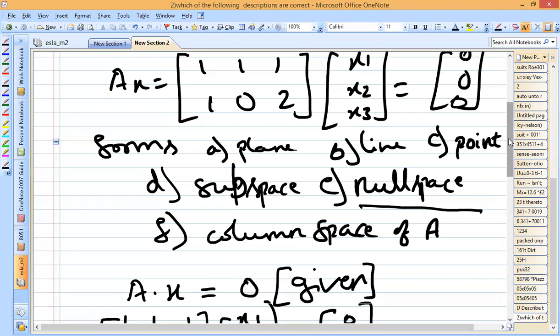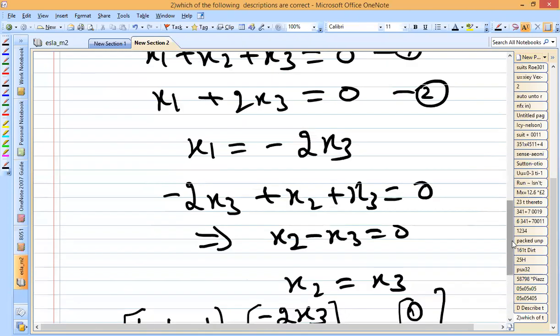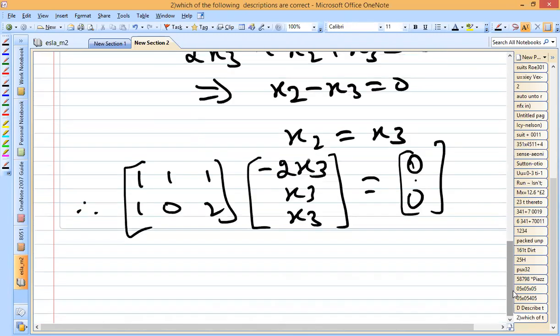So one equation is given, Ax is equal to 0. Expand it and get the conditions for x1, x2, x3 for which it will be giving the value 0. So describe that, then you mention the answer as a null space. So here it is not for 1 mark, it will be for 5 marks.